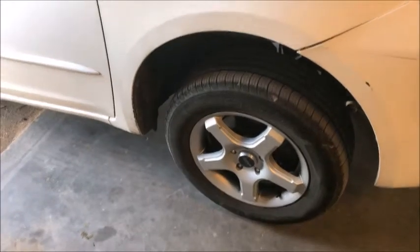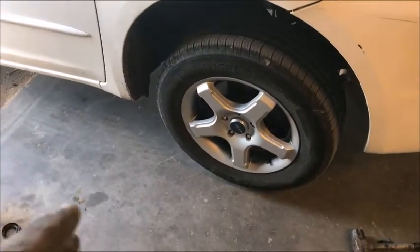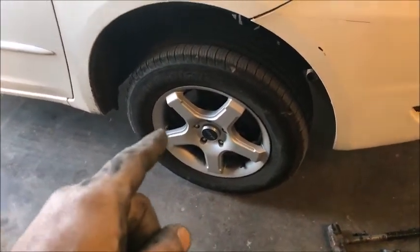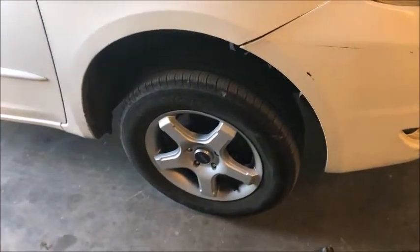Okay guys, 2004 Sienna 3.3 all-wheel drive Toyota Sienna. We are going to do brakes. We did the rotors already. If you need that, click on my name underneath this video for all my other how-to videos and you can